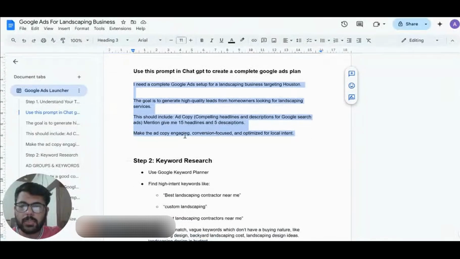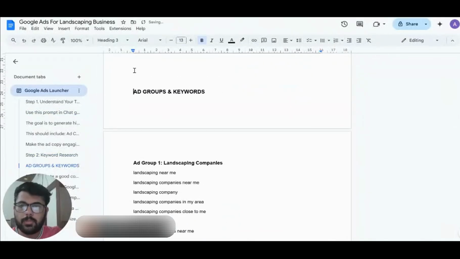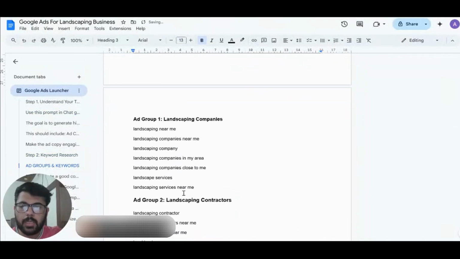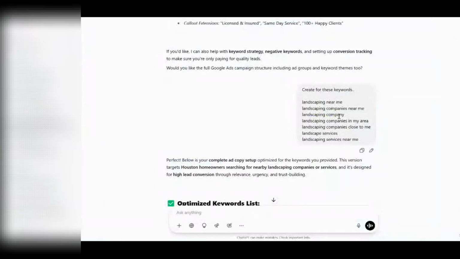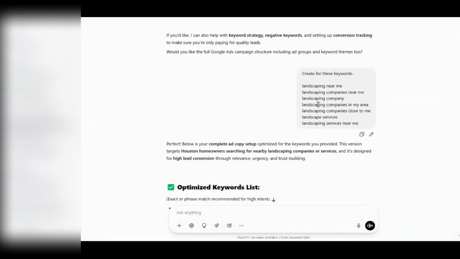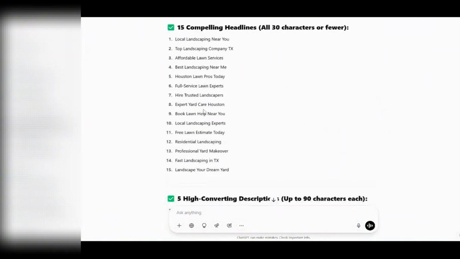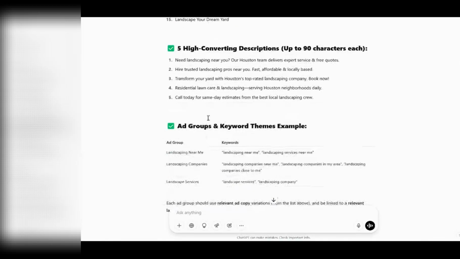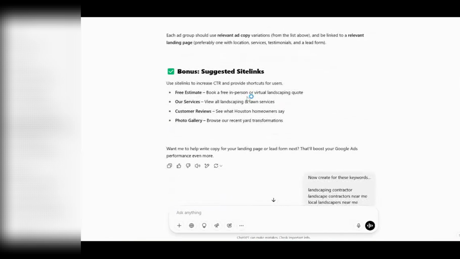So if you go to the ad groups, like we have segregated ad groups based on landscaping company, landscaping contractor, and services. So you can just copy this and paste it and tell it, okay, we need ad copy particularly for this ad group targeting these keywords. Just mention this, and it's going to give you the landscaping headlines for the landscaping companies, right? Similarly, the descriptions are going to be here. Now, once you copy and paste this exact same thing into your ad copy,